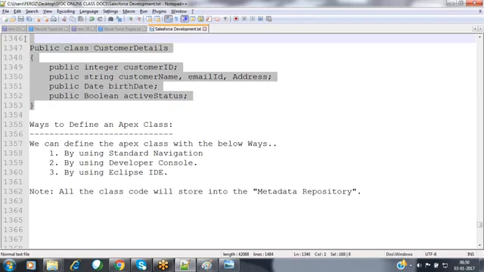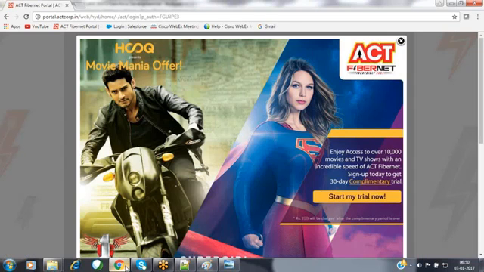Now I'm defining this Apex class right now. Let's use any of these operations, whatever you want. I'm logging into my Salesforce instance.